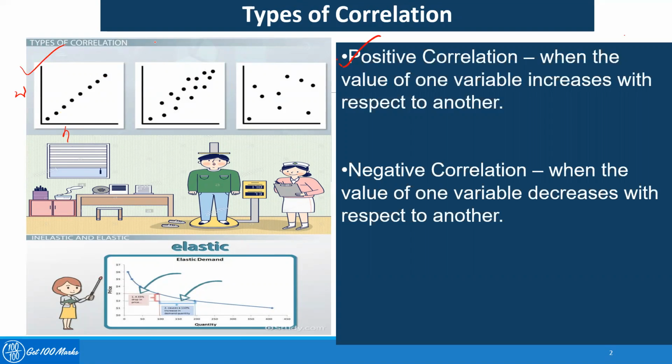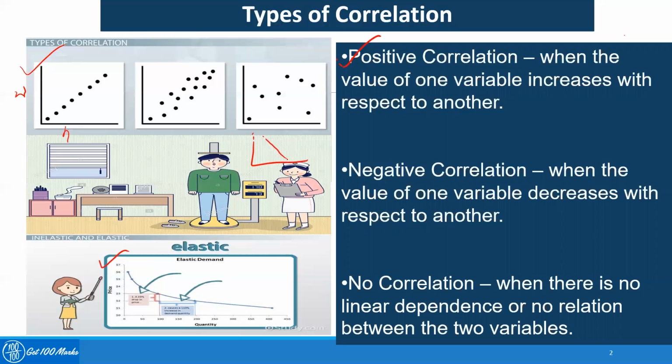The next type of correlation is exactly the opposite, which is negative correlation. When the value of one variable increases, the other decreases, or in simple words, when both variables are moving in opposite directions. For example, quantity demanded and price. You can see the graph over here. The moment the price of any particular commodity increases, normally the quantity demanded decreases. So if we see the graph, it will be in the opposite direction, like it will be just this side. That's called a negative correlation.